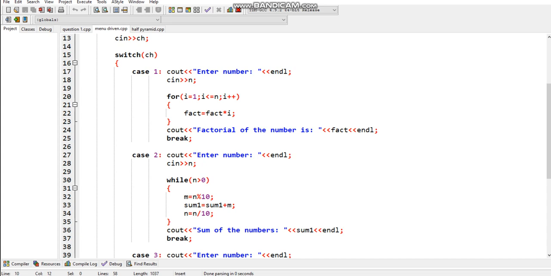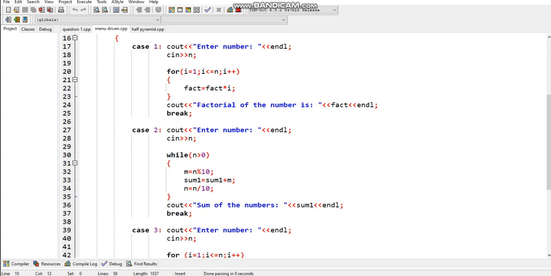So in the while loop, we continue the statements: enter the number. I have three choices. In switch case, we can choose any of the three conditions. In case 1, the factorial of the number. Enter the number. Here we have to enter the number in a for loop. If i equals 1, we are initializing this, and the factorial is 1 multiplied by i, because i is 1. So it will work inside the loop.